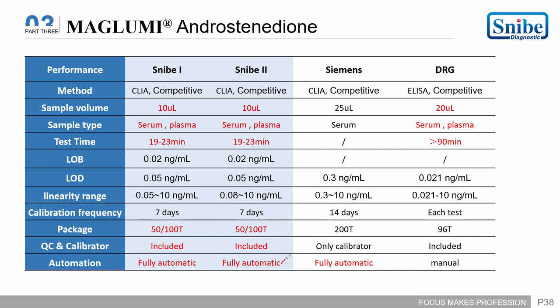So the automation that we have is fully automated, Siemens also has a fully automated system, while the DRG is a manual procedure. So if we move on to the other assays, like